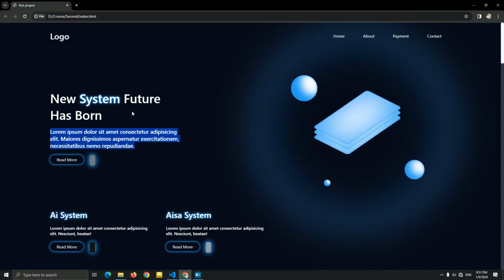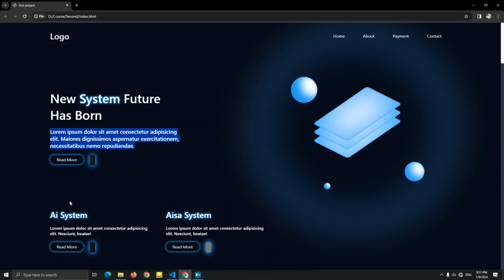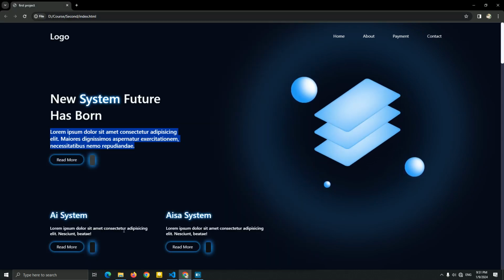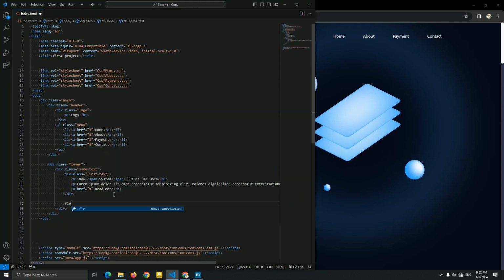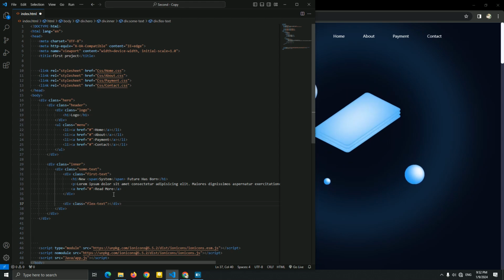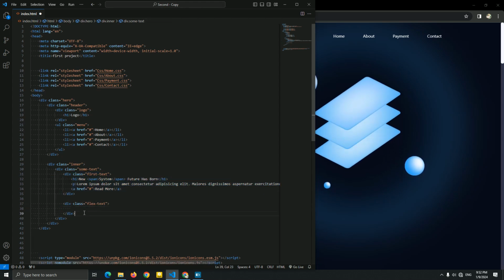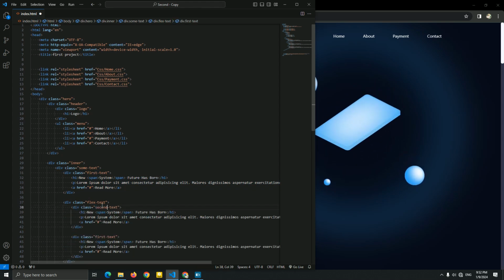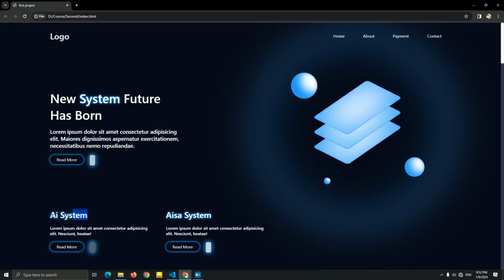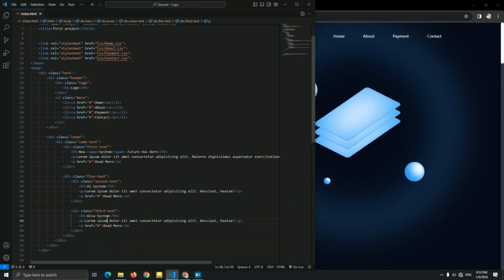Okay, this is our first text. And I'm gonna create a new div to add a display flex for these two texts to be in the same line instead of another line. So I'm gonna create a div and name it simple flex text. Just like I said, I want to add a display flex for this. So now let me just copy this, paste it. Second text and third text, very simple. Okay, now let me just copy paste it to go fast. Okay, this is our second text and this is our third text.